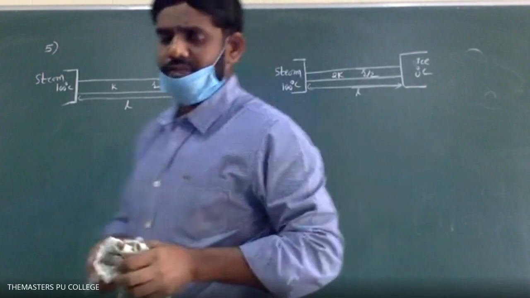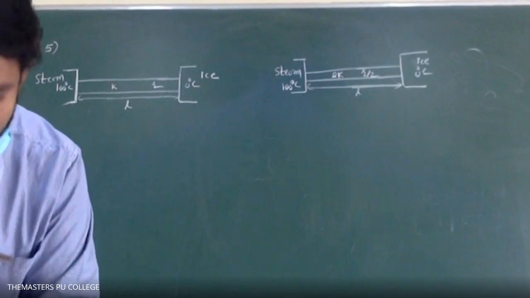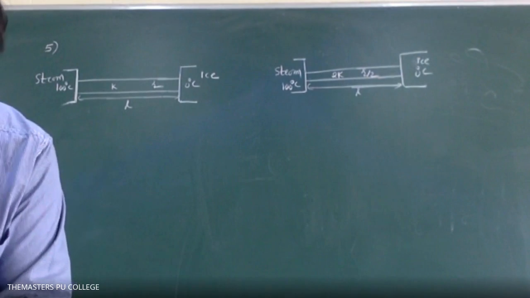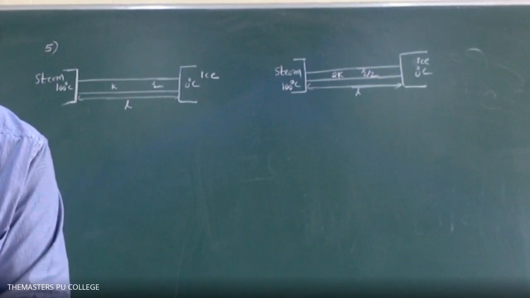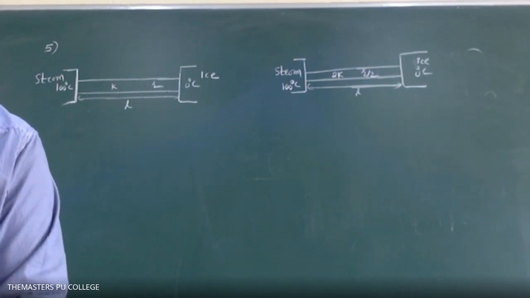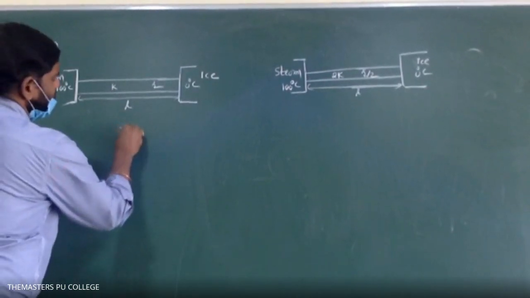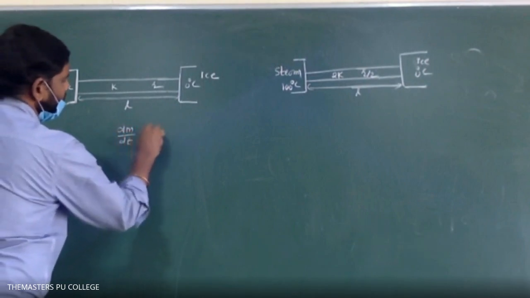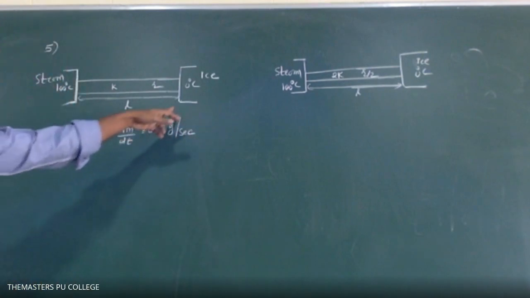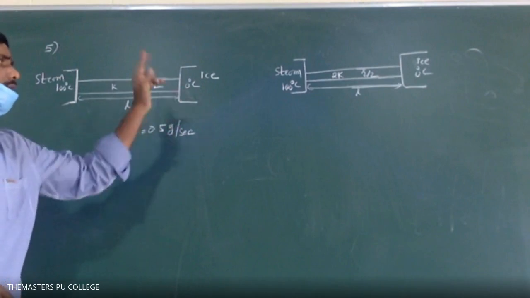Okay, so what does the question mean? Just try to understand the question. First let me read it properly. One end of a cylindrical rod is kept in a steam chamber. The other end is in melting ice. 0.5 gram of ice melts in 1 second. So dm upon dt equals 0.5 gram per second. The rate at which ice melts means that every second 0.5 gram of ice is converted into water.